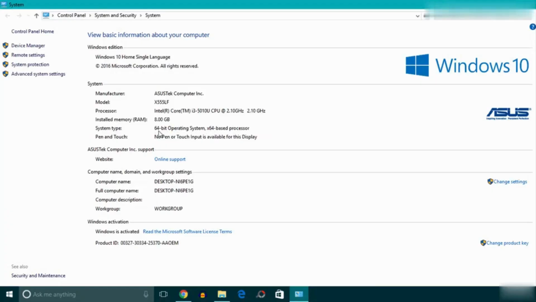So, I'll basically download the JRE and JDK software for the 64-bit operating system, okay? If your system is 32-bit, then in system type, it will show you 32-bit operating system. So, if your system is 32-bit, you should download the 32-bit softwares for your system, okay? So, after finding out the system configuration, next I'll go on Google